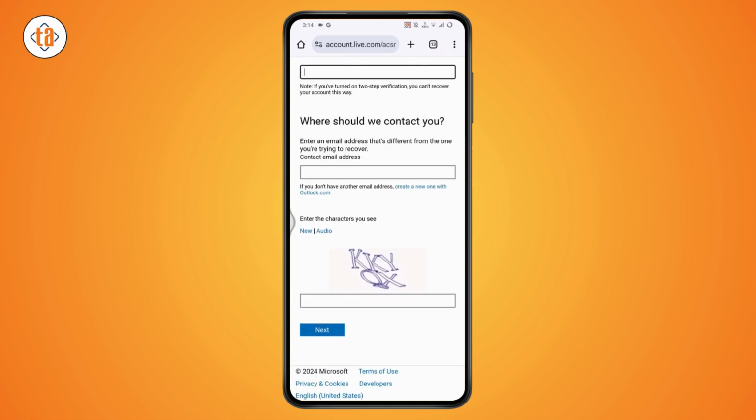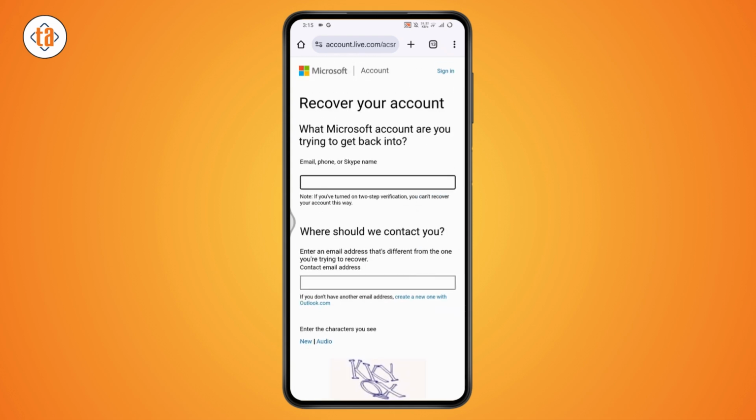And after that, enter the characters that you see. You can go with the audio or you can go with the visual characters, and then tap on next. And once you've done that, then you will be able to recover your account without your old phone in your